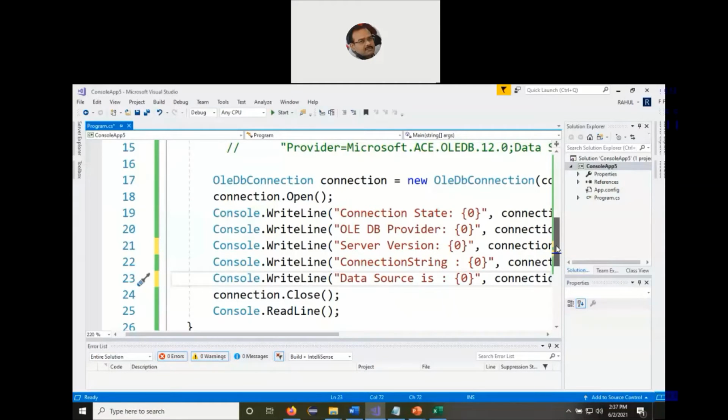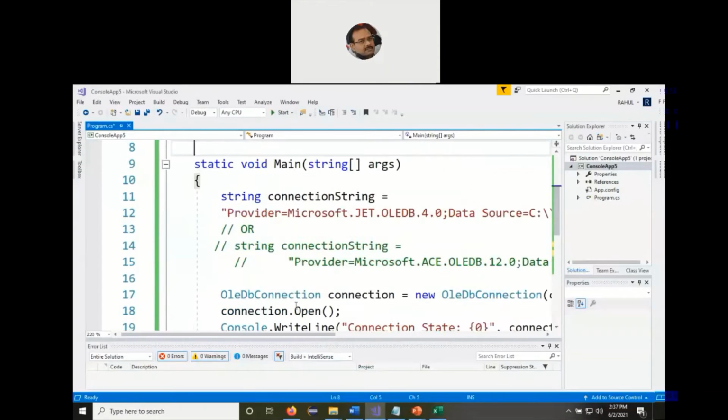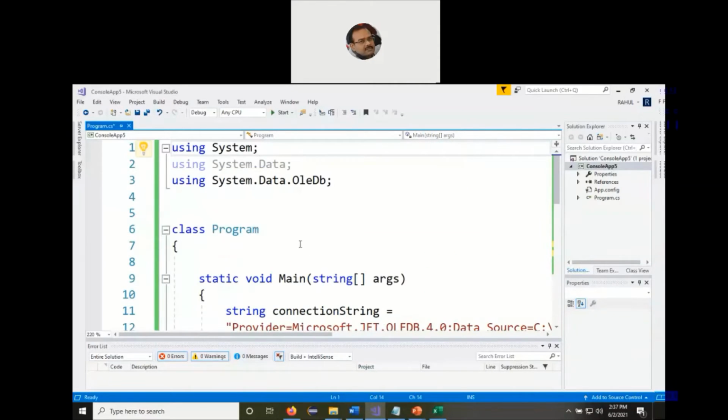Even if you don't close it, the operating system and Visual Studio will take care of it. But it is always good programming practice that we as programmers, once we have opened the connection, close it down. So there is no garbage collection, no intermediate records get fired up, and nobody tries to hack into our database. Then just a blank line, Console.ReadLine, and then we close down the program. So we execute the program, the first program for ADO.NET.